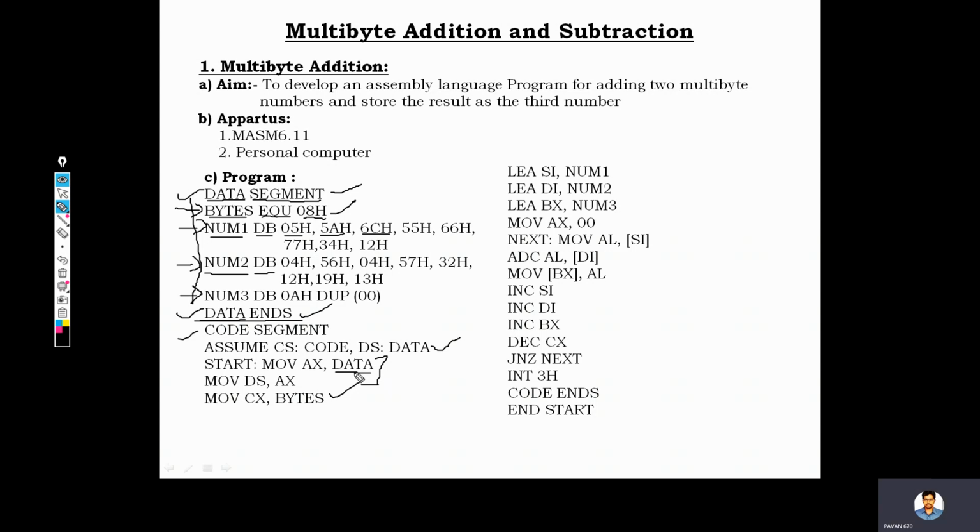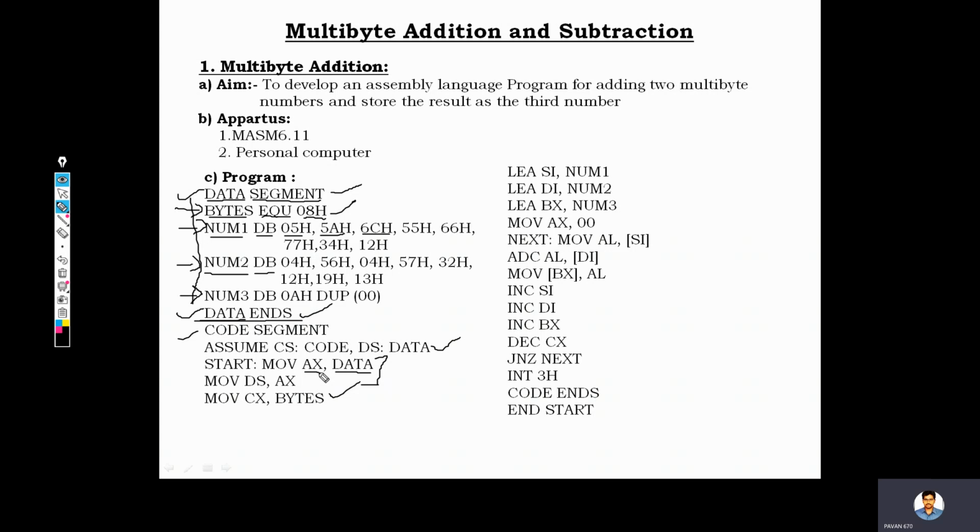But what we have to do is store that value in a proper register. That's why we are writing this statement. Because the segment's base address definitely should be stored in a segment register. That is the thing we have to do while writing an 8086 program. So that's why I am writing these two statements. With MOV AX, DATA, whatever the data segment's base address is, it will be moved into the register AX as a 16-bit base address. Because 8086 is a 16-bit processor, the register size is also generally 16-bit.